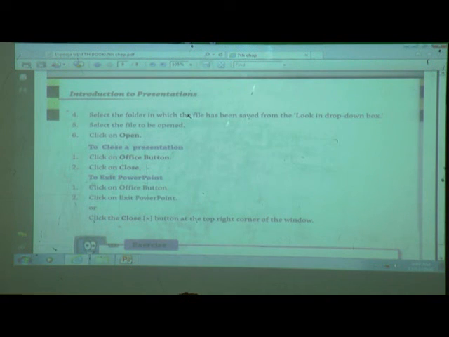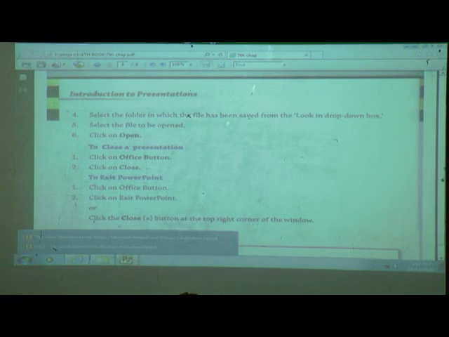Now to exit PowerPoint. How to exit from PowerPoint? Click on the Office button and click on Exit PowerPoint. There are two options to exit PowerPoint. Firstly, click on the Office button and then click on the Exit button. And one more option is to click the Close button at the top right corner of the window.